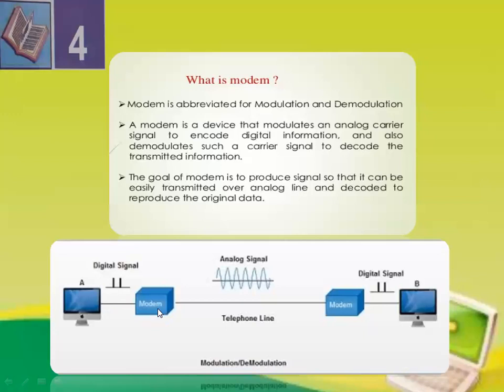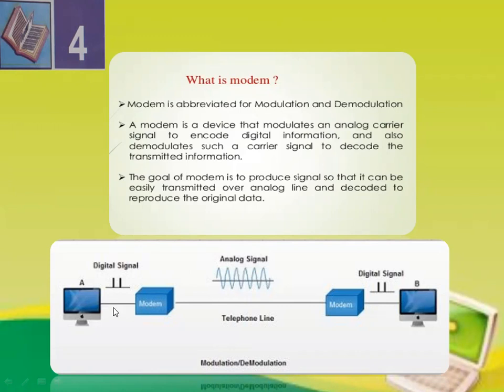The modem will take the digital signal and then convert it into an analog signal. This is our telephone line. On the telephone line, remember that voice signals transfer in the form of analog signal. So the analog signal passes to the next modem, and the next modem will take the analog signal, convert it into a digital signal, and then pass it to the computer. So this is the conversion of digital to analog.